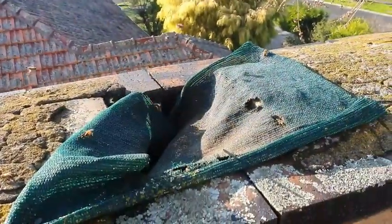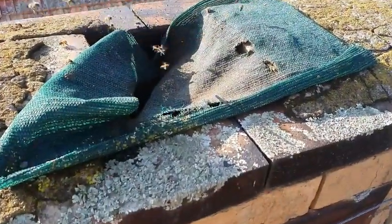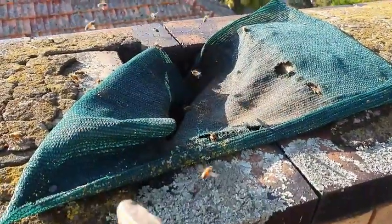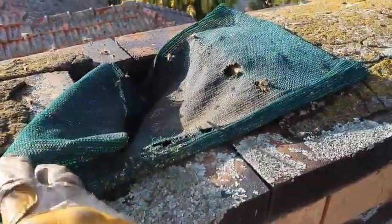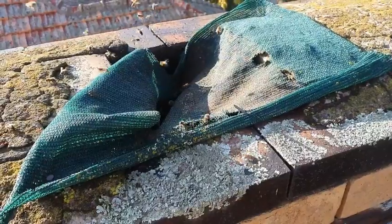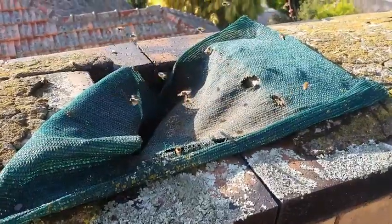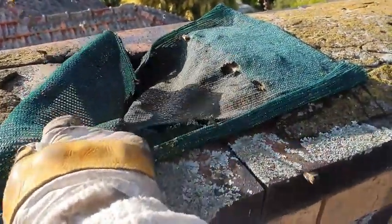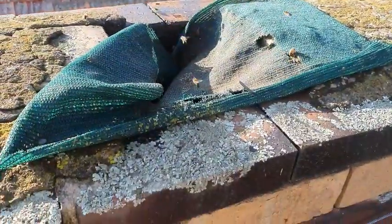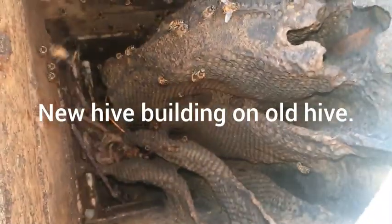We are in Montrose on yet another roof where there is another chimney with a beehive in it. I'm guessing at some point the previous owners of this property had bees or some sort of pests in here, and the mesh here was their solution, but this stuff breaks down, and so it allowed another hive to move in. So we'll just peel it back and you'll see this hive's been here a very long time,